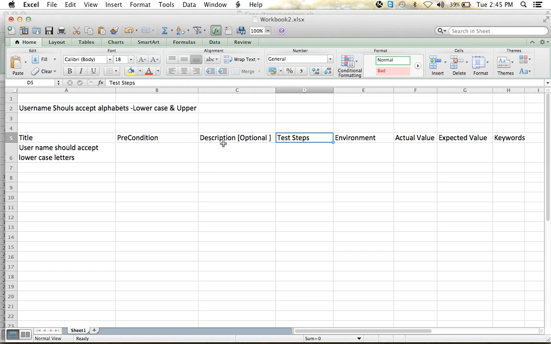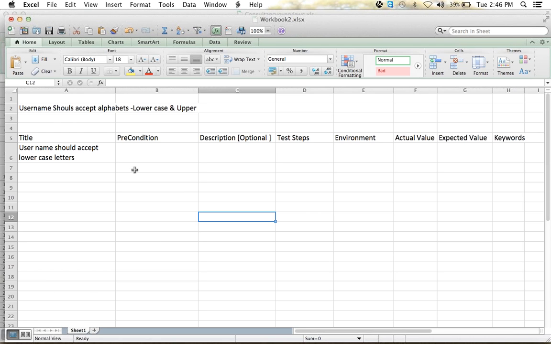We don't give test steps; in the description we define the whole step by step process. Whereas in TestLink, we have separate fields for test steps and description. So the template is the same, and the context behind the test case is the same, but how we utilize that particular tool will differ.